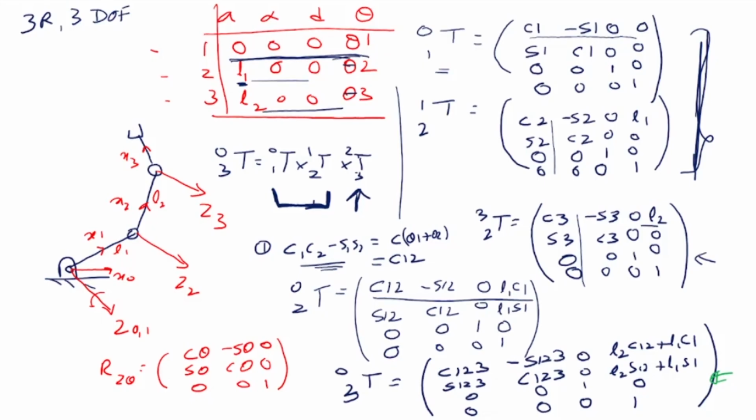If I show you this manipulator and I ask what is the relation between the third frame and the zero frame, just by looking at this, can you write that final matrix? Because we said that there is a structure in these matrices. If you understand the physical structure of this matrix, then you should be able to write it very easily, right? So let's look at this.